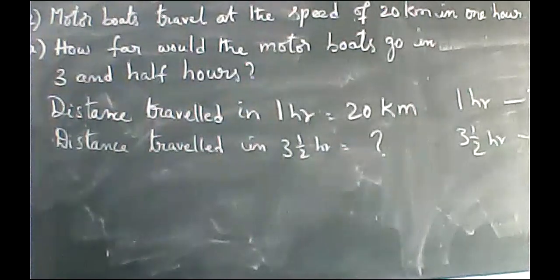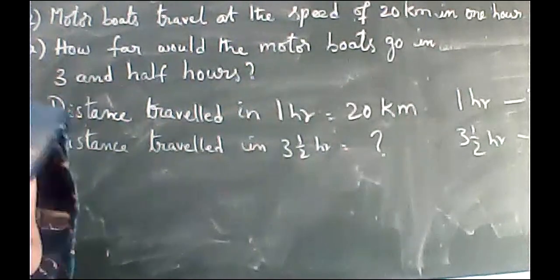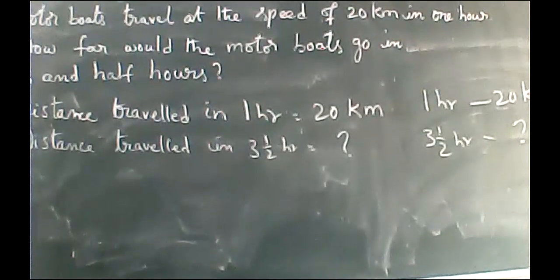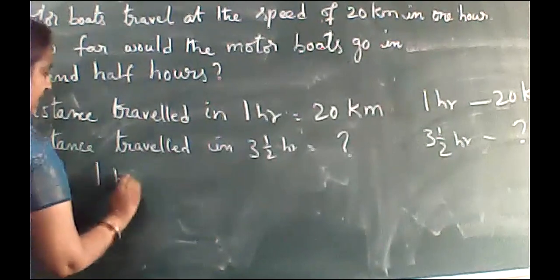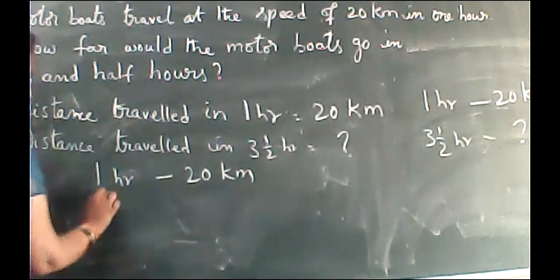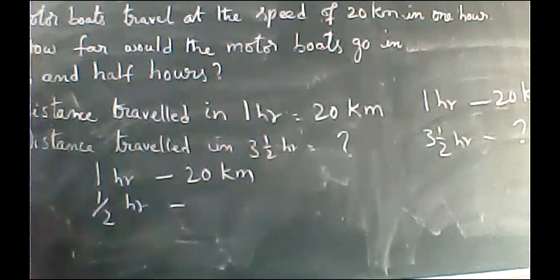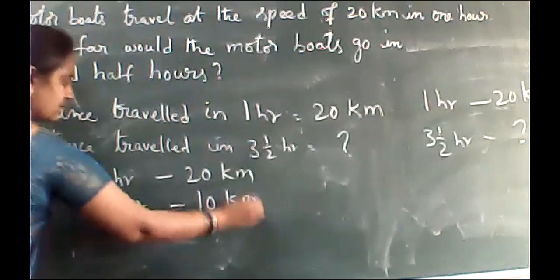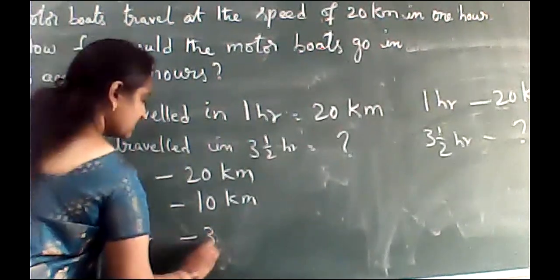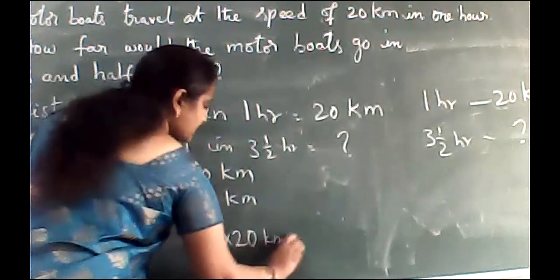Okay. So here we have a fraction. You remember how to convert mixed fractions into improper fractions and all those things you learned in 4th class. Here is one more simple thing I will say. In 1 hour, how many kilometers does it travel? 20 kilometers. In half an hour, how many kilometers? 10, ma'am. Very good. 10 kilometers. In 3 hours, how many kilometers does it travel? 30, ma'am. 1 hour 20, 3 hours? 60, ma'am.